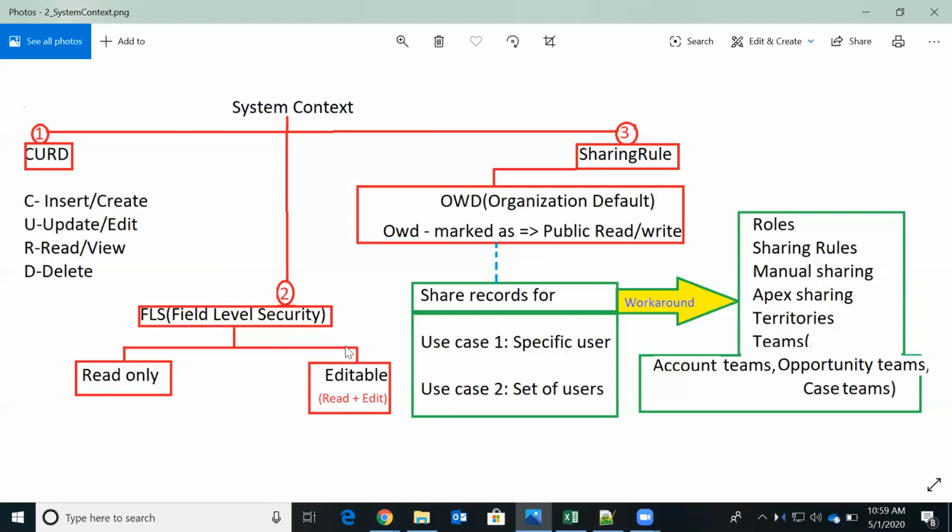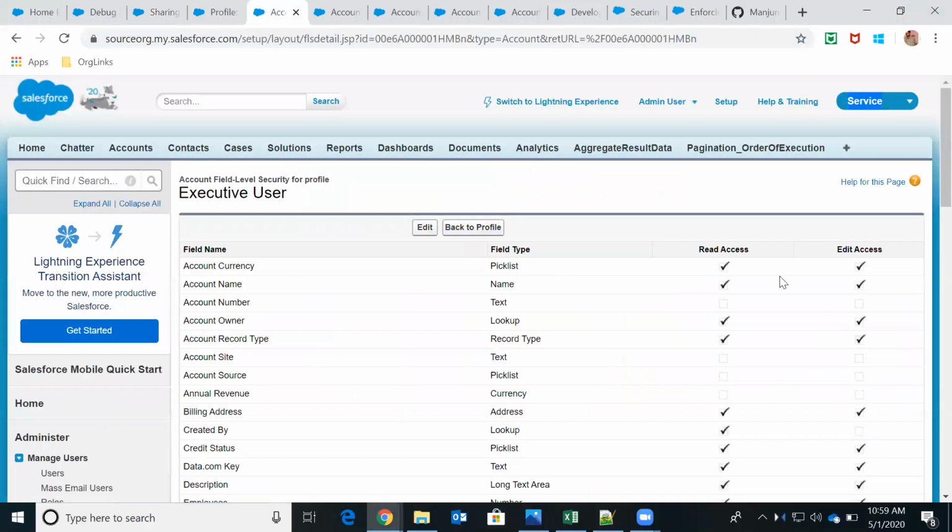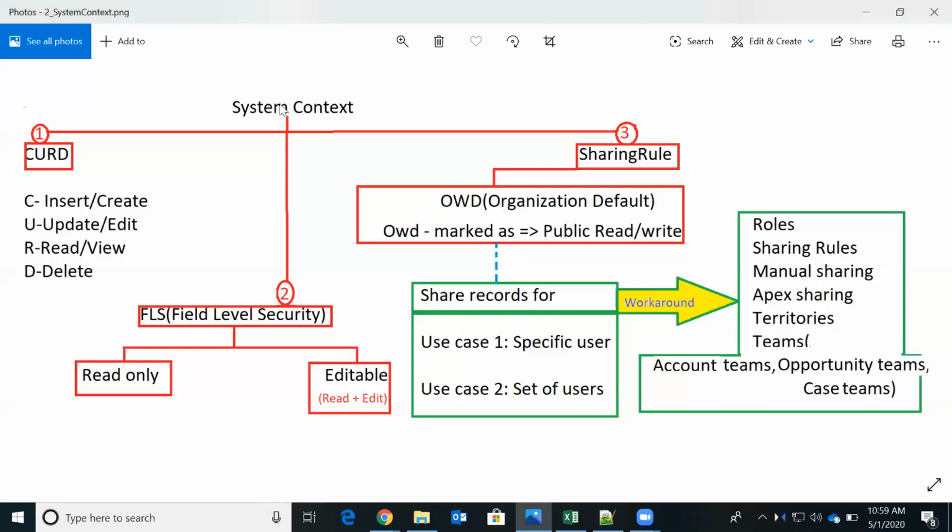It means that it will not update these checkboxes, but when the class is executing in system context, it will consider FLS as editable. For FLS, the default is editable.